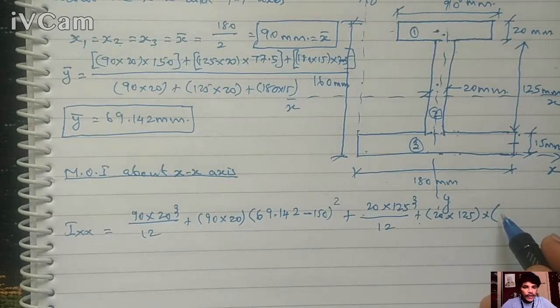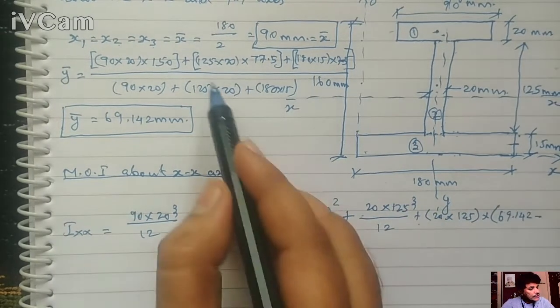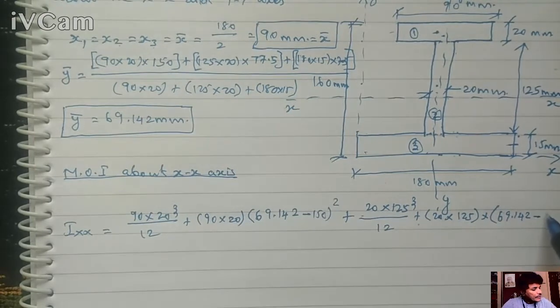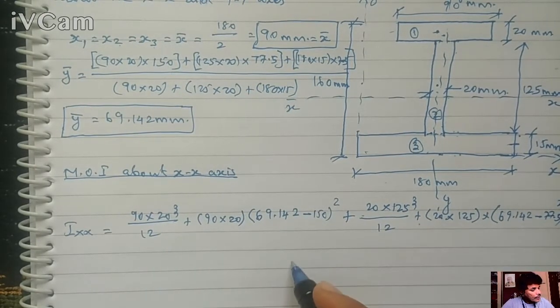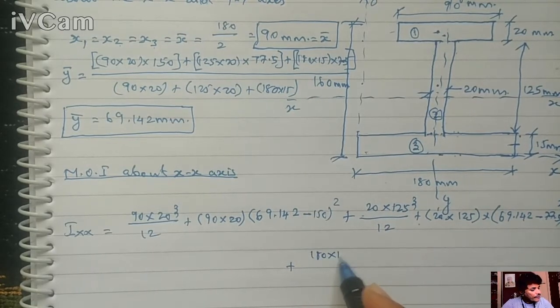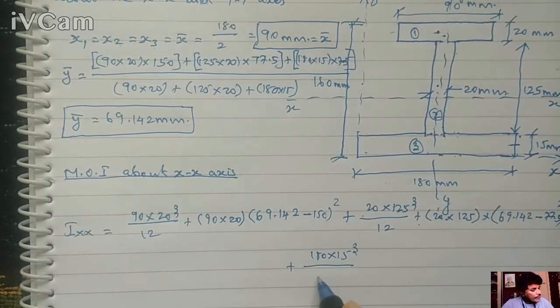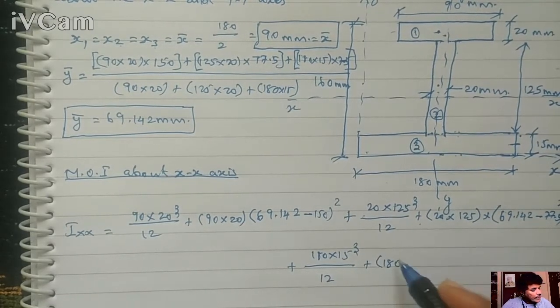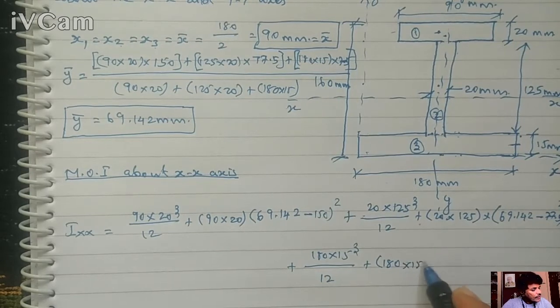H2 bar means Y bar minus Y2, 69.142 minus 77.5, the Y2 value, the whole square. Plus B3 180 by 15 cube divided by 12 plus area A3, 180 by 15,